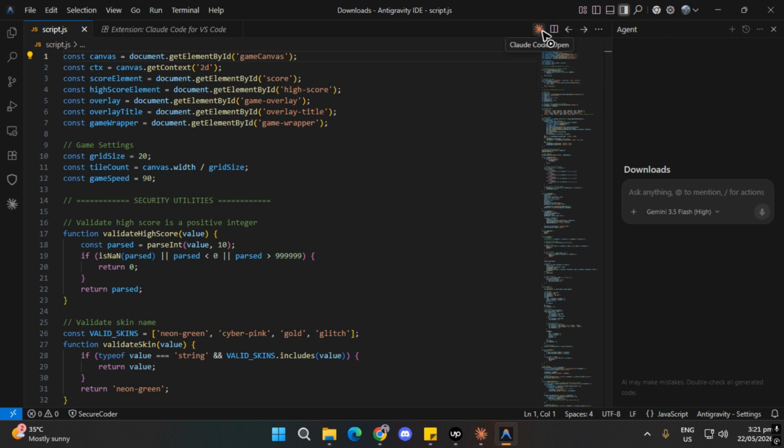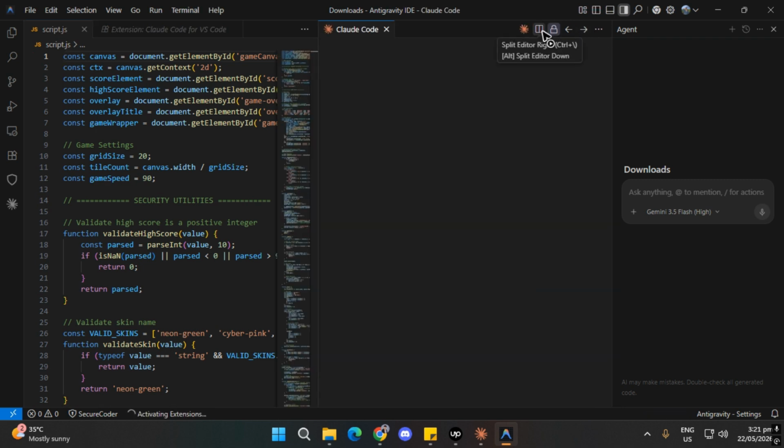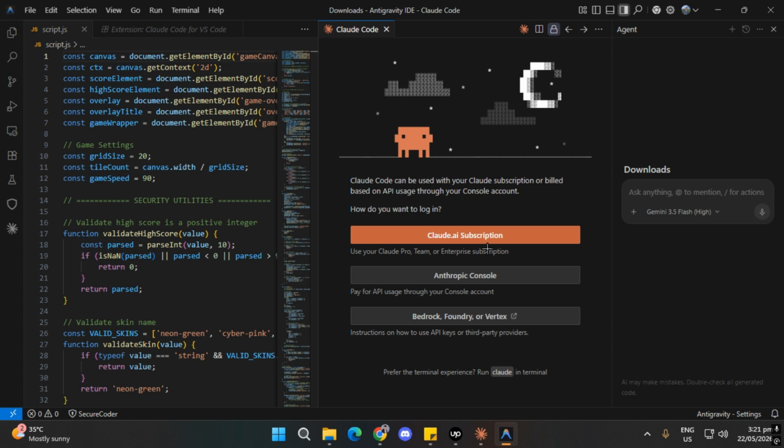And now you can simply close your extensions and go to your project, and there you would see an icon of Claude Code. You can open it and you can now fill in the details of your subscription in Claude Code so you may be able to use Claude Code with